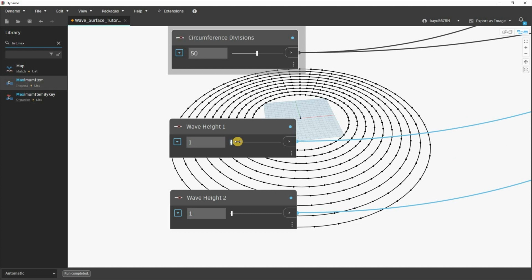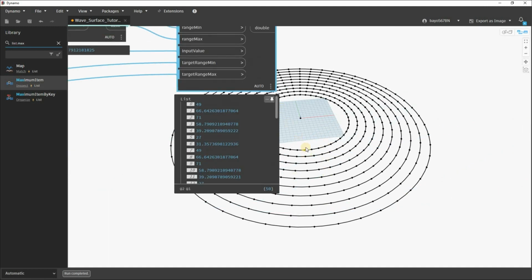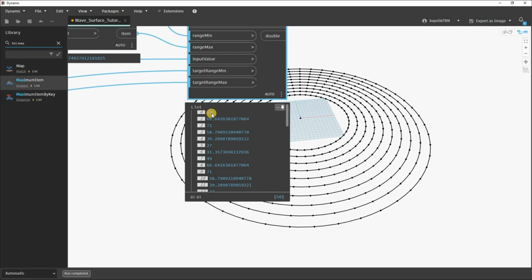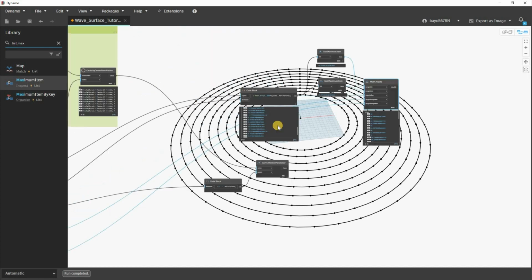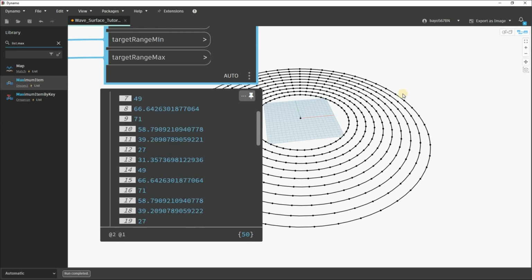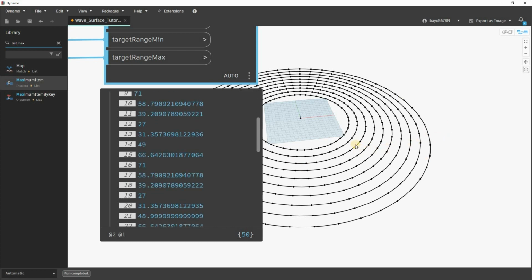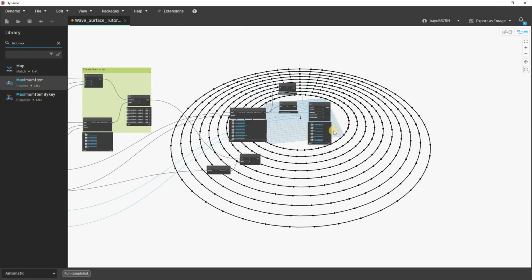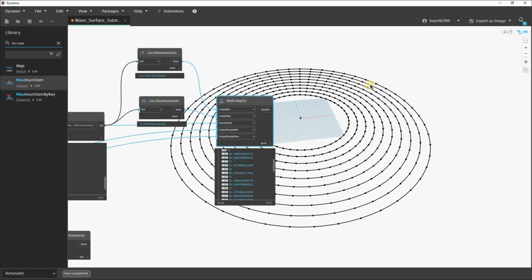So if I change this here, let's say to 25, and I move this one to 71, you can see now it's mapping all the numbers along those numbers. I mean from 25 to 71. So you can see here it's 49, 66, 71, 58. As you can see, it's rising and then it falls again, creating that wave. But you'll understand as we actually use the numbers to move the points. Okay, so as you can see now, we've created these numbers we're going to actually use to move the points along the z-axis, and